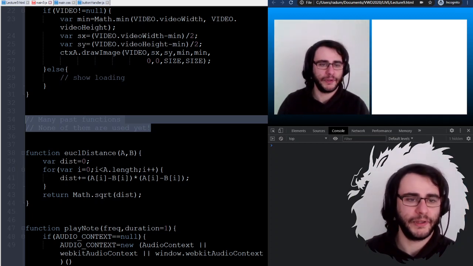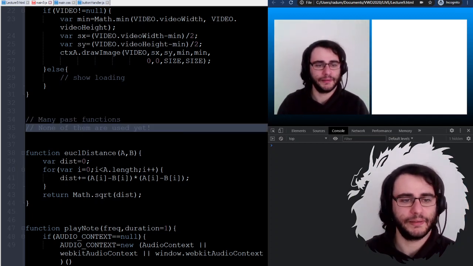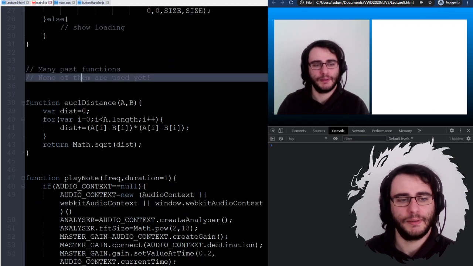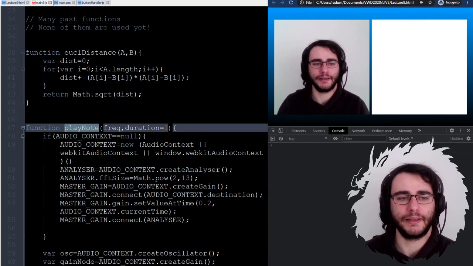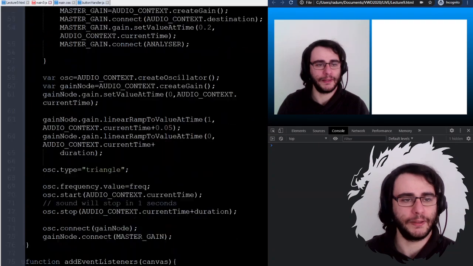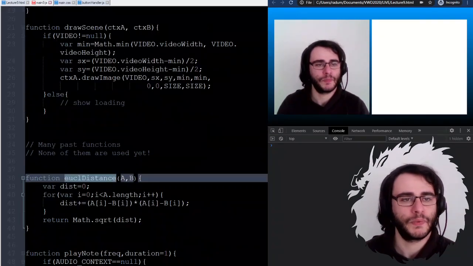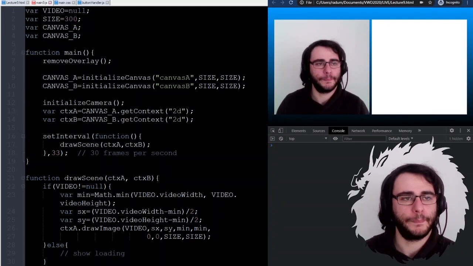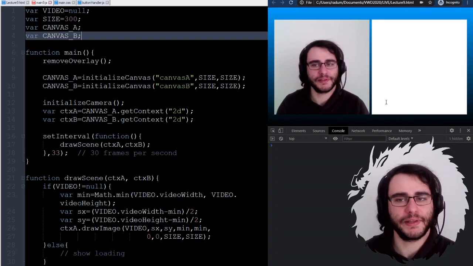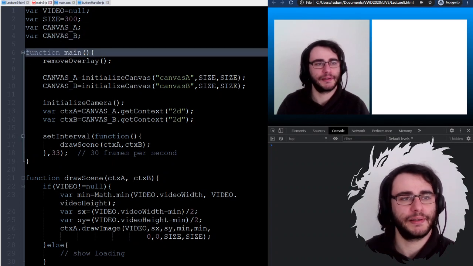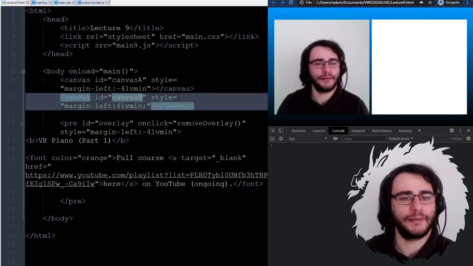Yeah, nothing from here is called at the moment, but I am expecting to use at least some of these, like playing a musical note and probably Euclidean distance. Let's see. Okay, so the first thing that we are going to do is capture this background, and I'm going to make